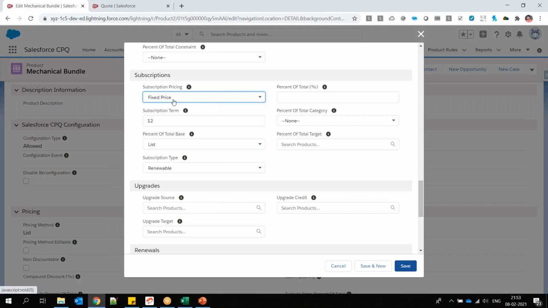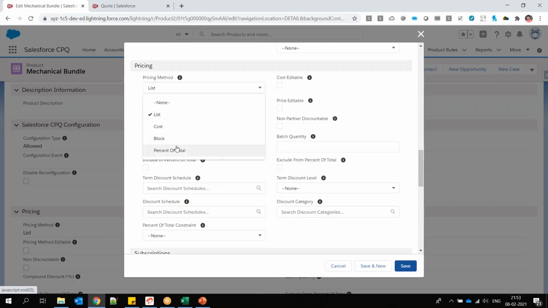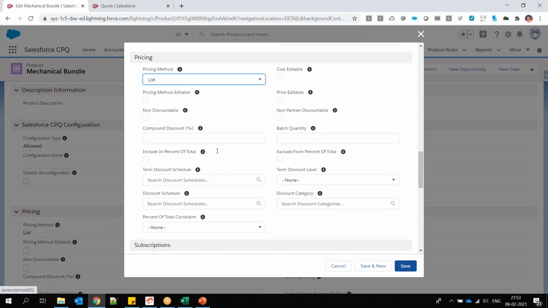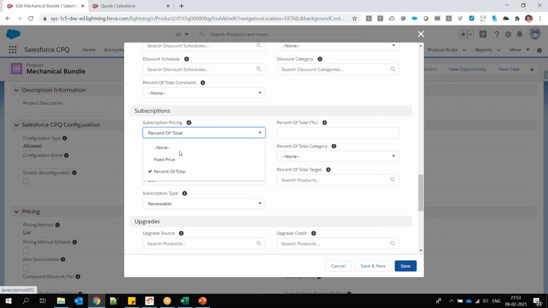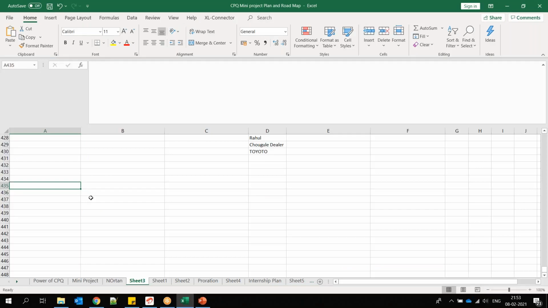Second, if I select percent of total, it's one of the pricing methods. If you clearly read this statement, percent of total. I will be discussing that as part of the pricing methods, there is one pricing method, percent of total, you can see here. But right now I will just give you one example so that you at least understand at a high level what percent of total is. What happens if you go to a market or anywhere,